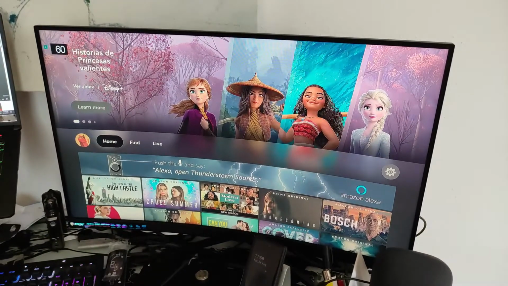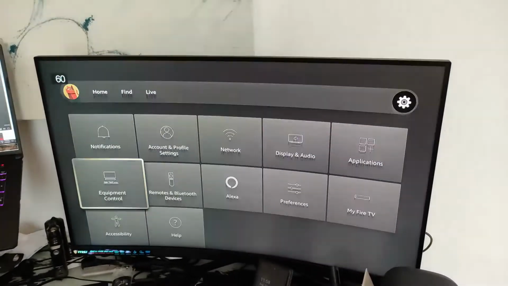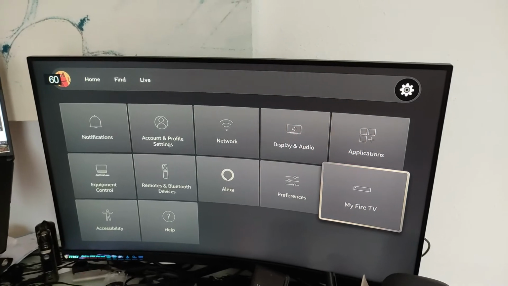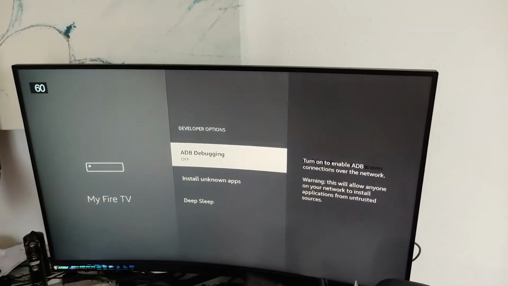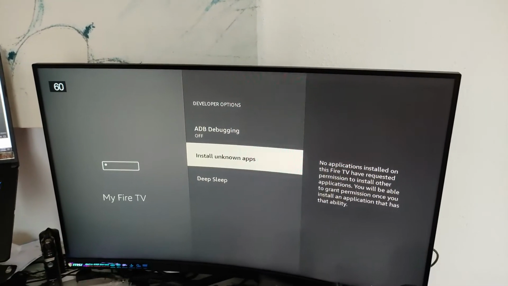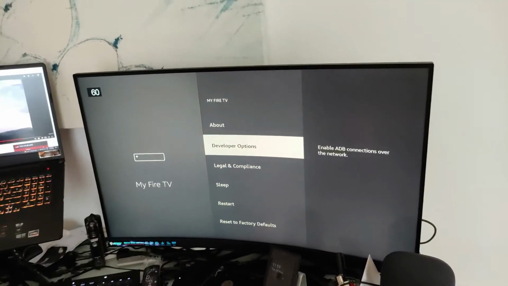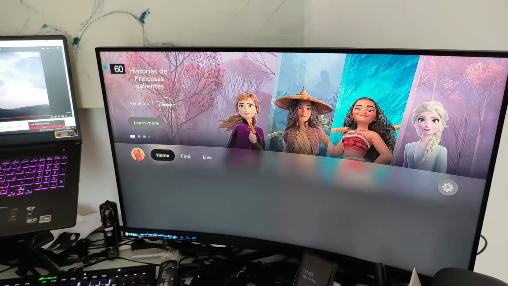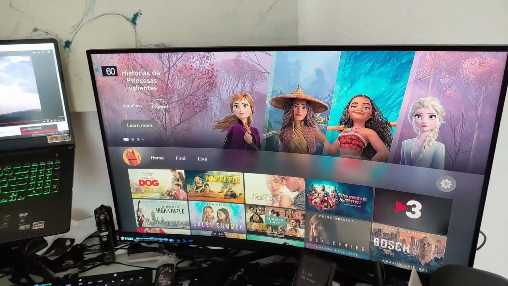Alright, so step one for installing Smarters is go to settings, go to my Fire TV, developer options, install unknown apps, okay, and then we go to the search for the apps, and then we go to,